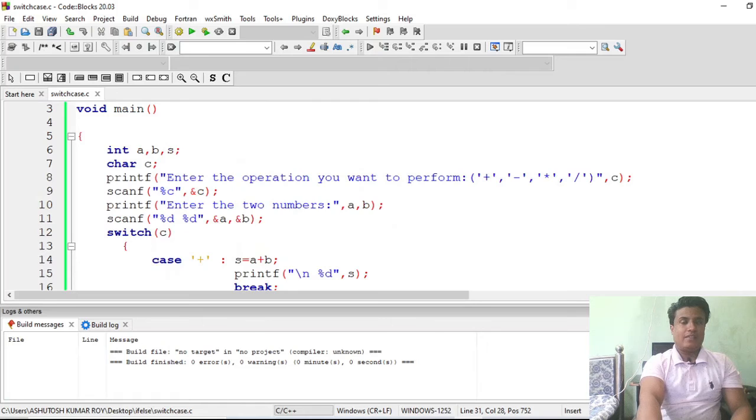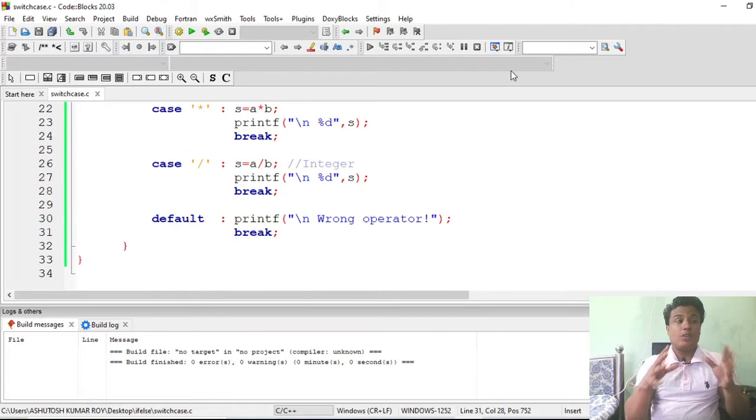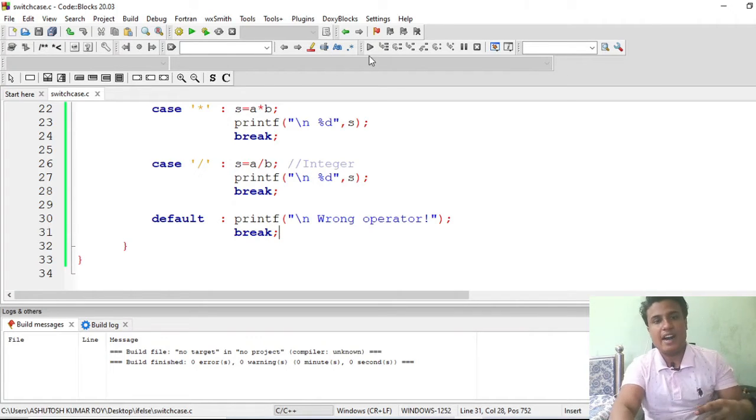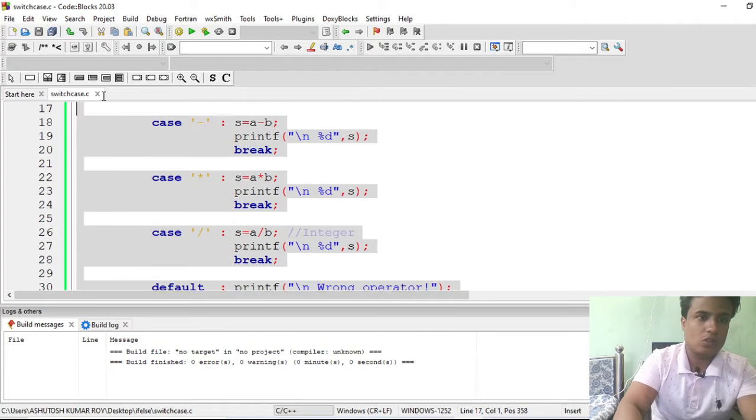So now let's see our other example. Suppose we now want to check whether the entered alphabet is a vowel or not. Let me design that switch statement for you. If you want to do it yourself, just pause the video and try it, then resume my lecture later and watch my solution. Okay, so hope you have tried it. Now let me show you my solution.